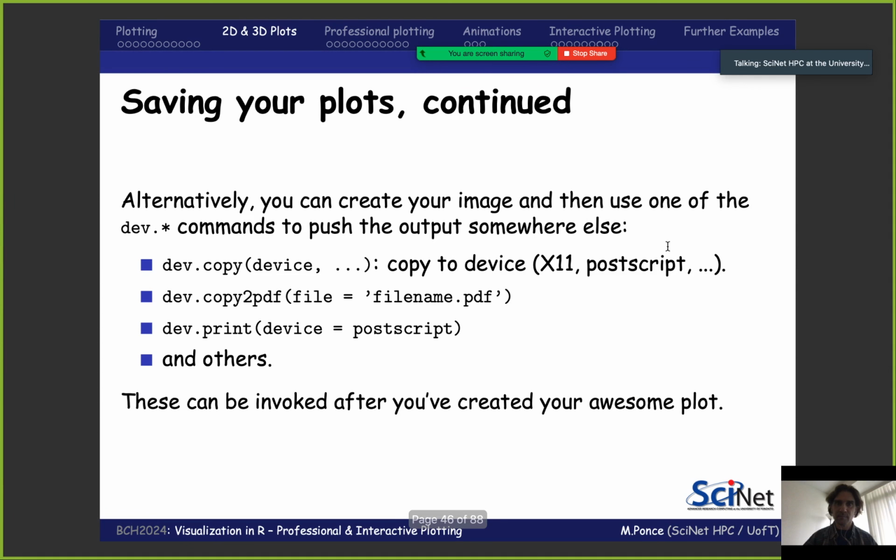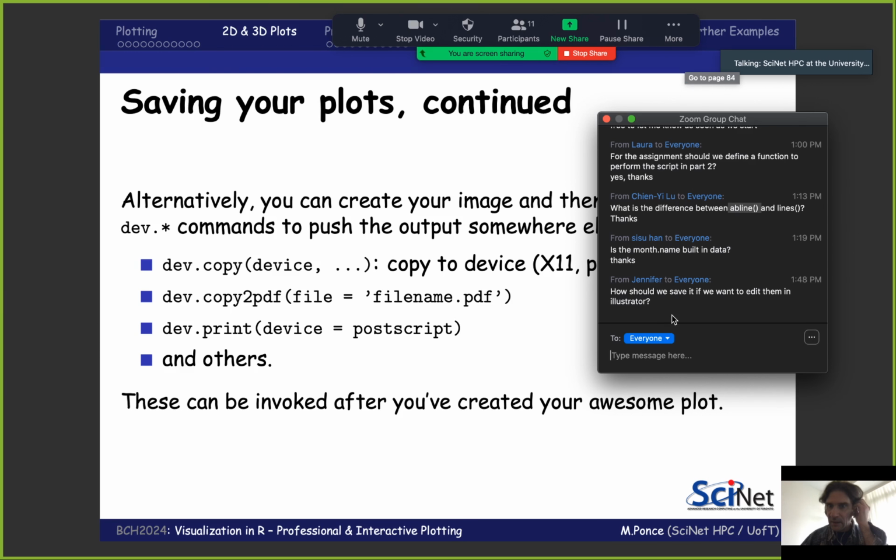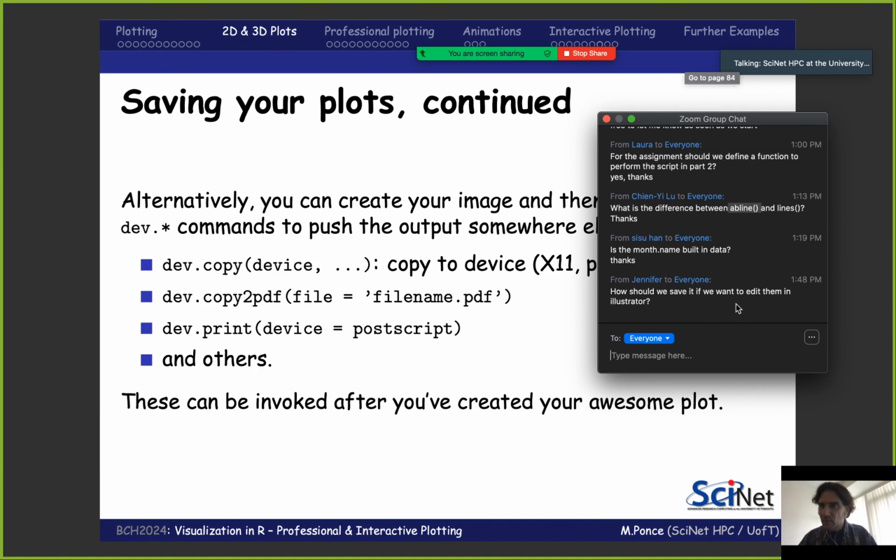I saw a question popping up in the chat, from Jennifer. How would you save if we want to edit them in Illustrator? Good question. I'm not really familiar with Illustrator. I imagine that you can open vectorizable formats like PDF, EPS, or PostScript, so I would save it as that.